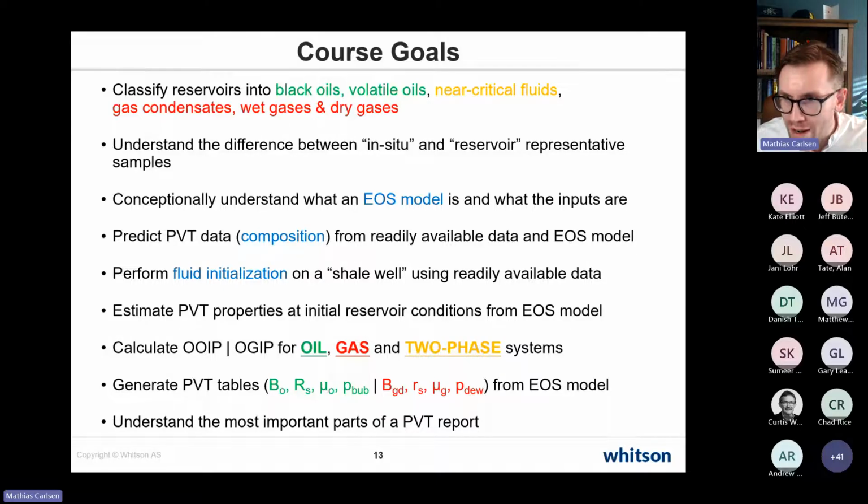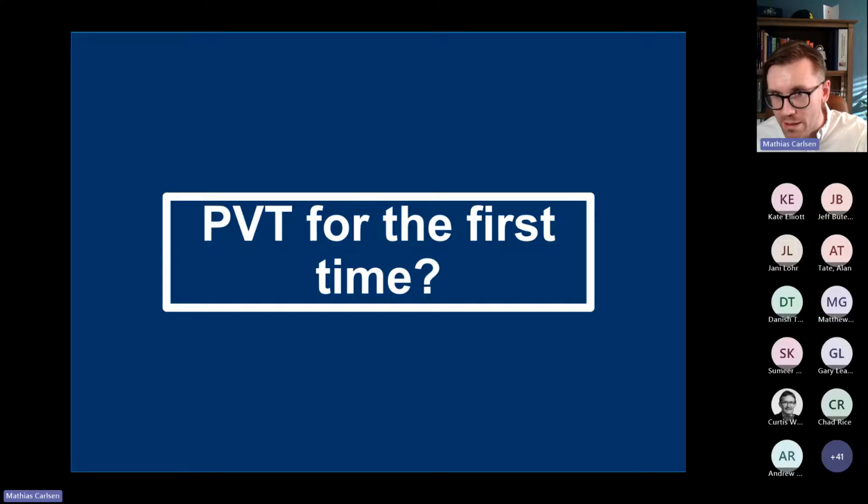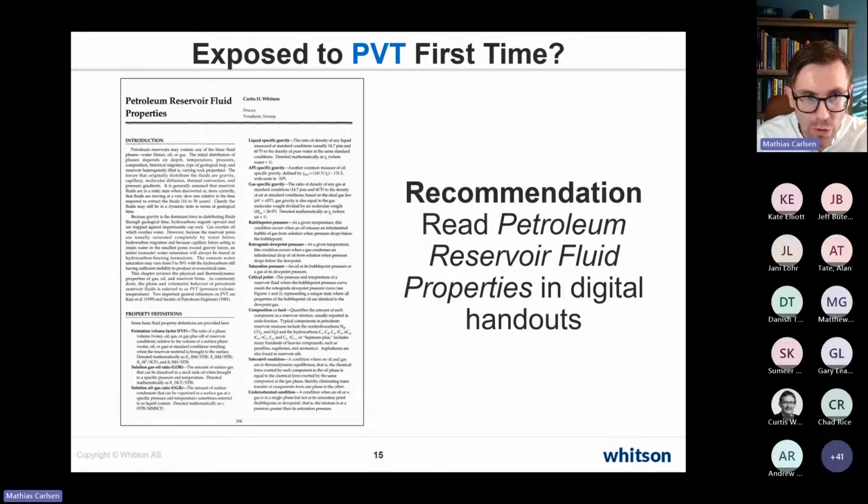And especially if you've never done a lot of PVT in the past, in the preparation material we sent out a petroleum reservoir fluid properties document. It's 3 pages long, and it was something that Curtis wrote in the early 90s for AAPG, I think primarily for the geologists. It covers a wide range of very important definitions, and it's a very concise and small document that is a very nice intro if you haven't heard anything about PVT before. So it covers all the most important